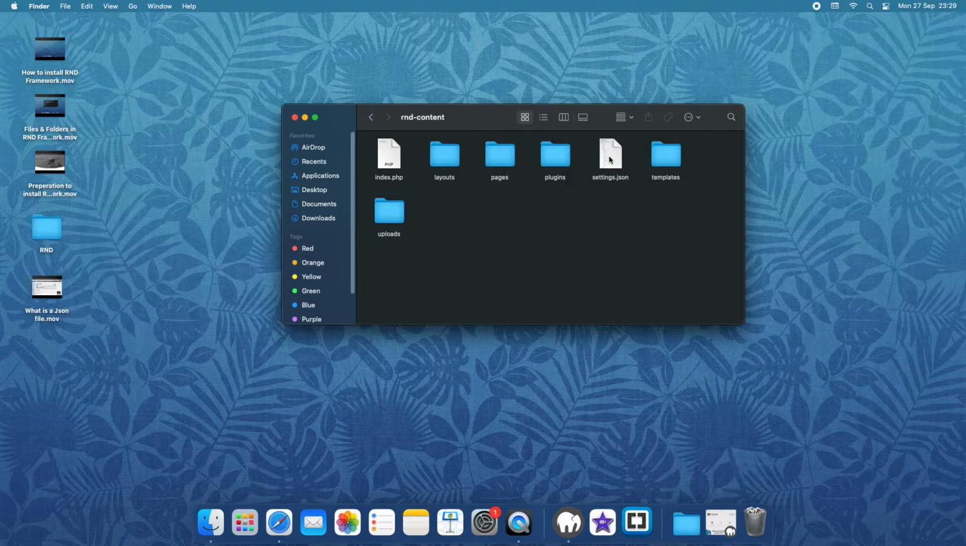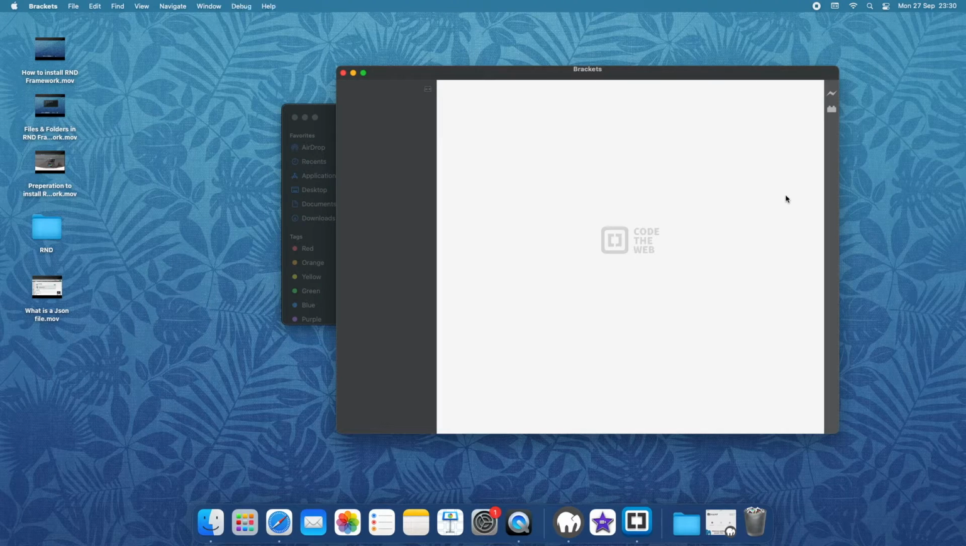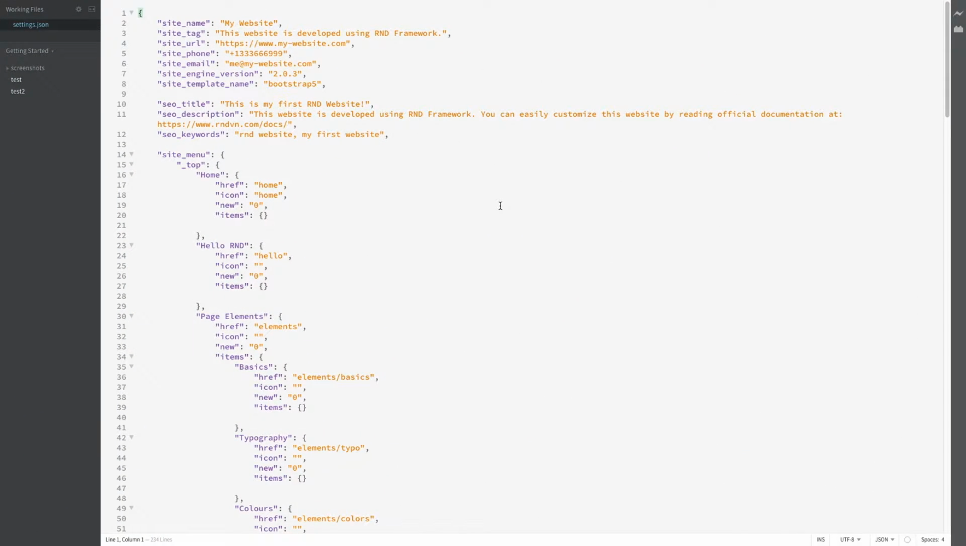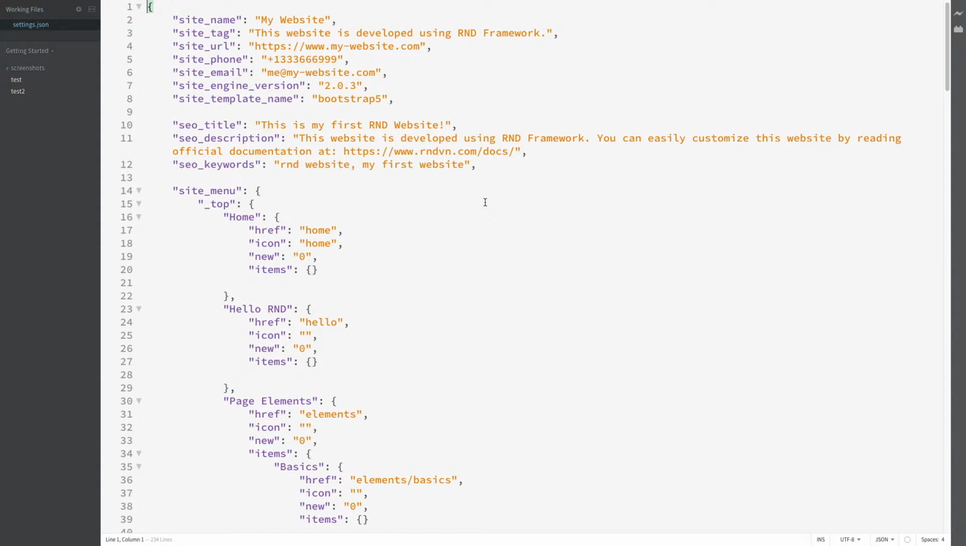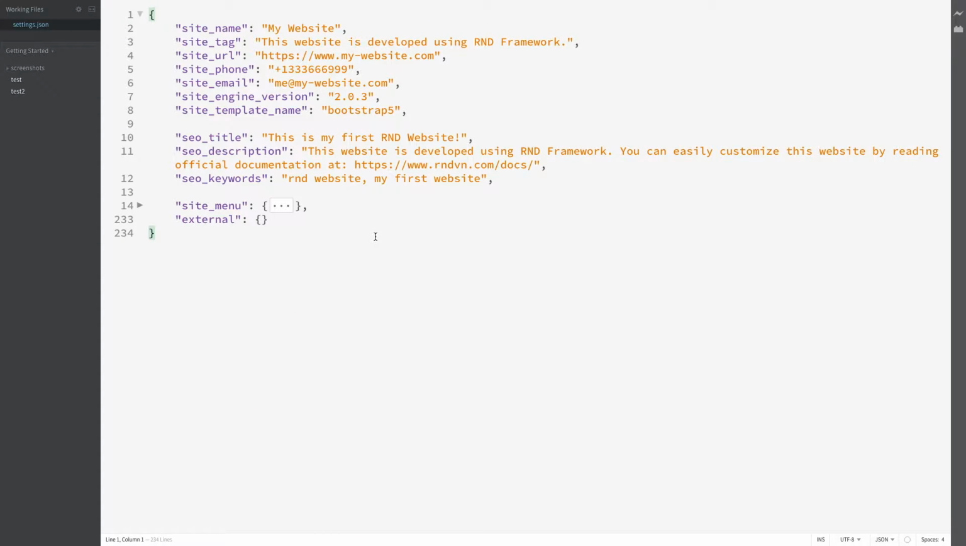Before doing anything, you should open this settings.json file using your code editor. I use Brackets, and you can use another code editor, anything you love. So I love Brackets. Now I'm going to open the settings.json file like this, and I'm going to zoom in on everything and also keep the JSON file